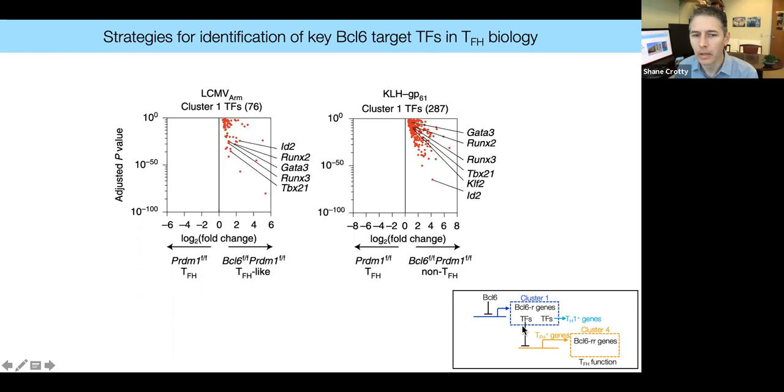So with that bioinformatics in hand, the question then becomes, okay, if this is the main way Bcl-6 functions in controlling cell fate, what are these transcription factors downstream of Bcl-6 in TFH cells that are controlling upregulated genes in TFH? And so we could do that by screening for such transcription factors based on our gene expression profiling, and we did it both in the context of a viral infection and protein immunization, and identified a number of transcription factors of interest. Now, that list was pretty long,